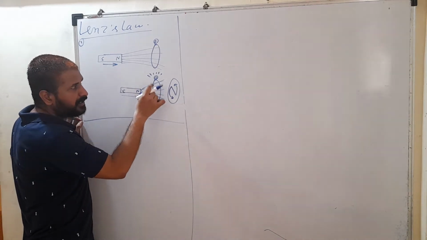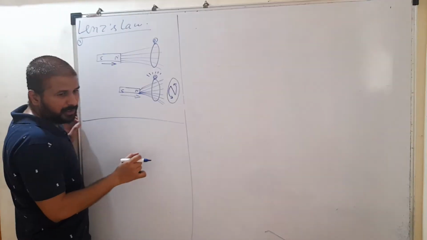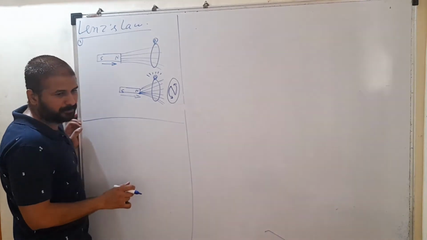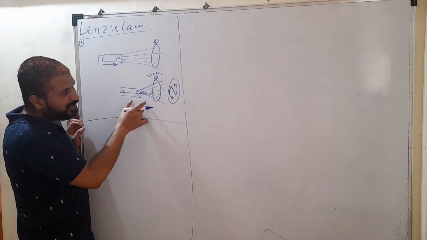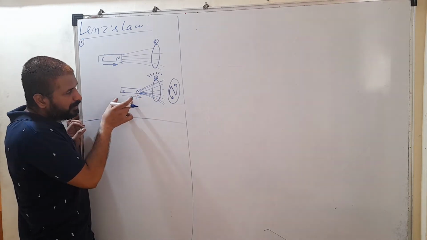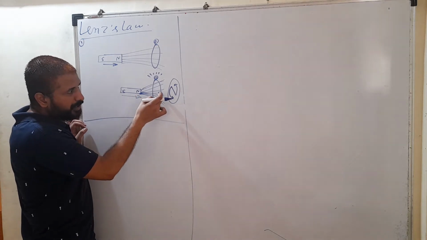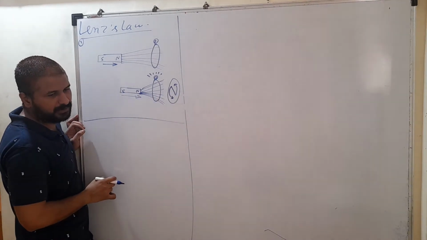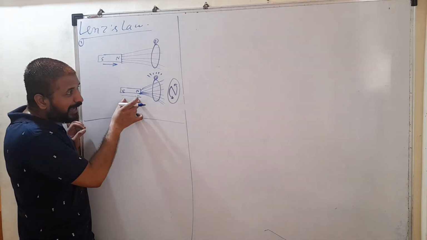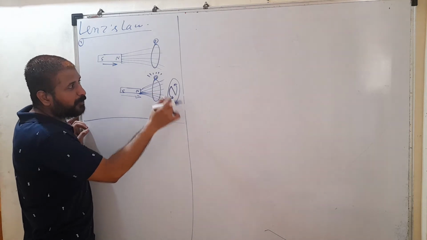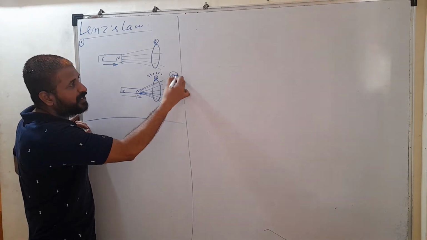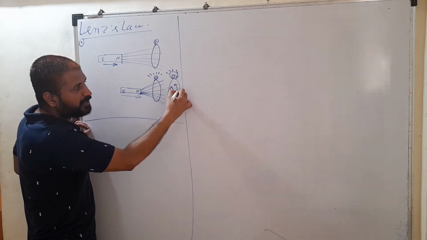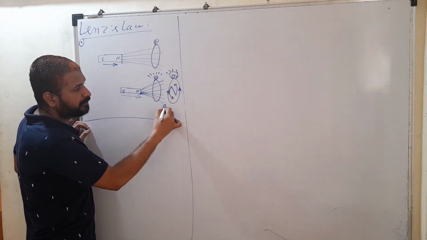So when this magnet is moving towards the loop, the magnetic flux across this loop increases. When magnetic flux increases, an EMF is induced. But according to Lenz's law, the EMF opposes its own induction. Clear? It opposes the reason through which an EMF is induced. So because this magnet is moving towards the loop, a north pole is developed which opposes the velocity of this magnet. So now this magnet is repelled. If north pole is developed, what does it indicate, in which direction is the current? North pole indicates current in anti-clockwise direction, like this.